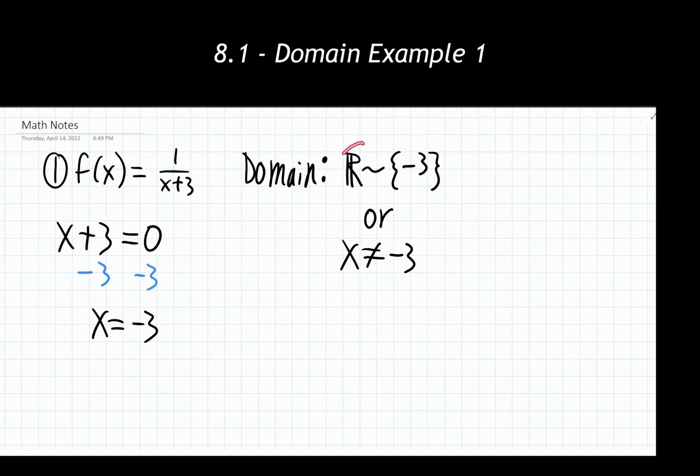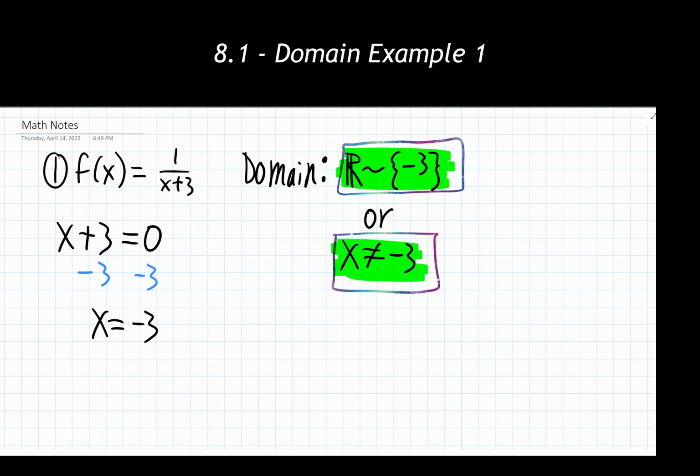So for your final answer, you could list it as this method here, or this form here, that works fine, or you can use the second one here. Both are perfectly acceptable. I just wanted to note what each of those would look like in an example. But for the purposes of our class and most classes that you're going to be working with, this second one that we have down here, this x is not equal to -3, this is probably the easier one to remember and work with. So I'd recommend writing that out for a lot of these answers as you're getting them. I am going to be using that in our second, third, and fourth examples here shortly as well.